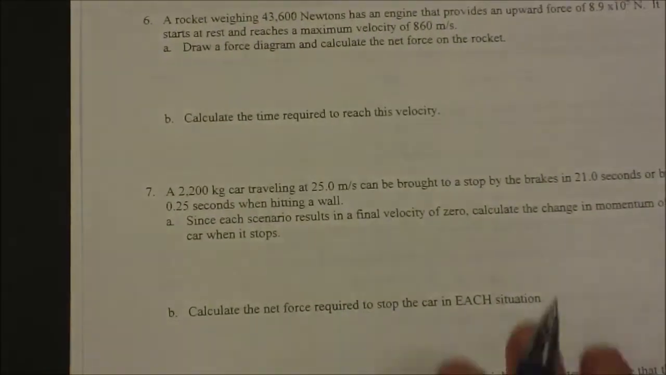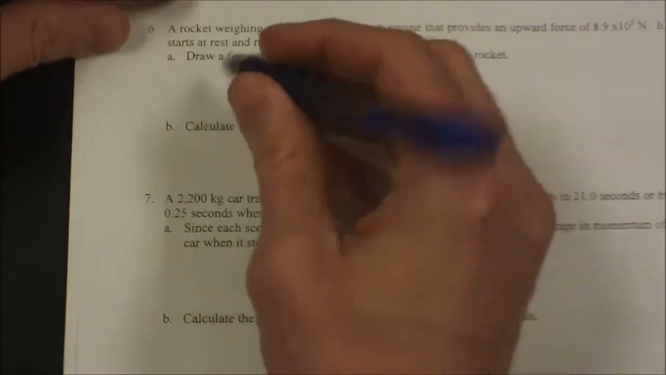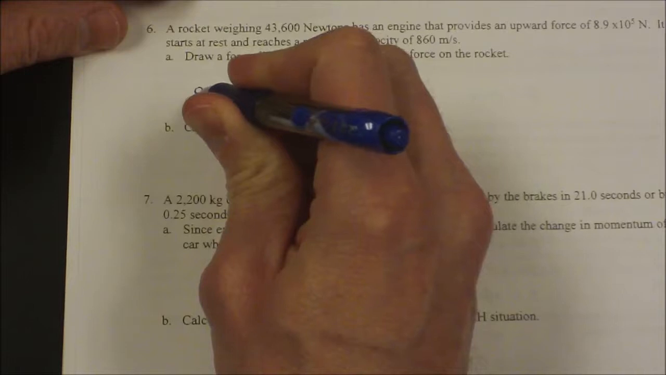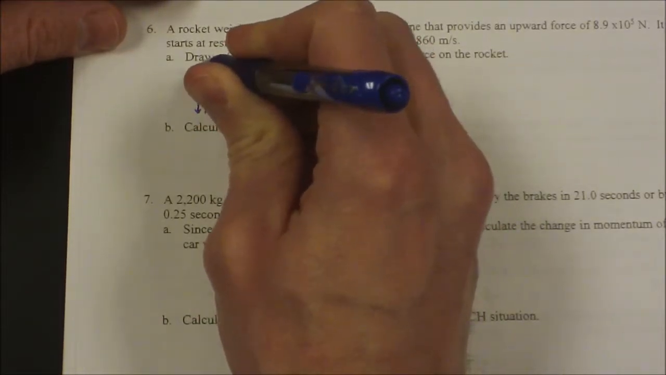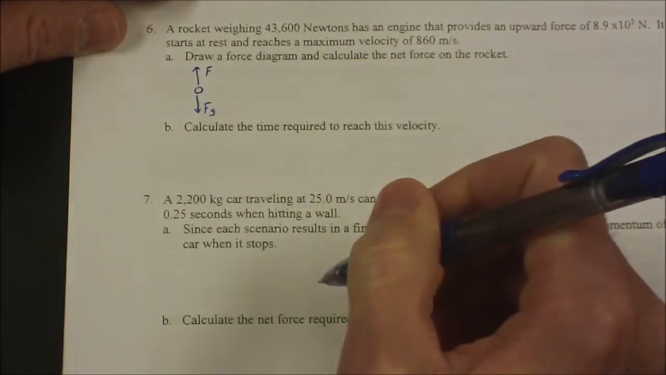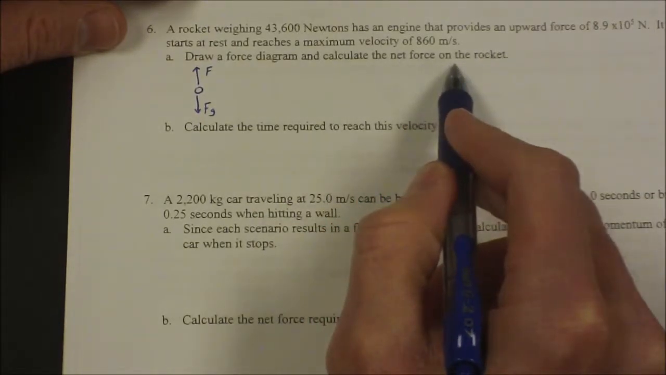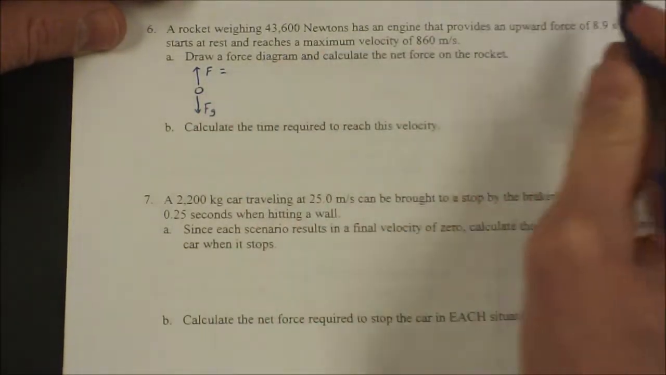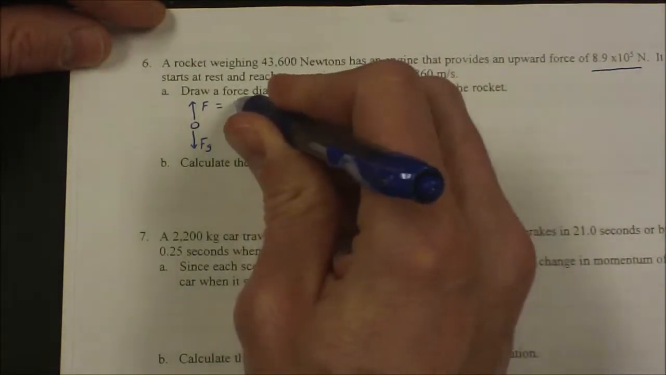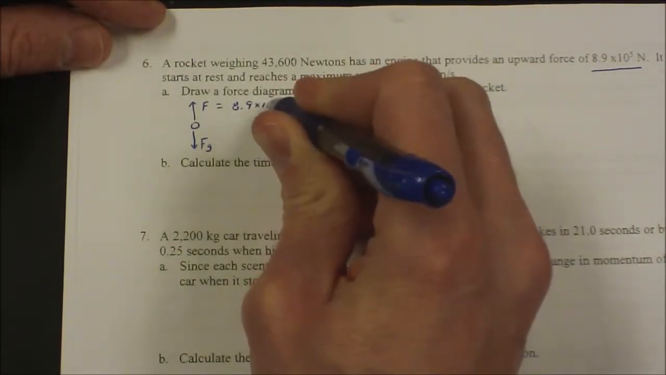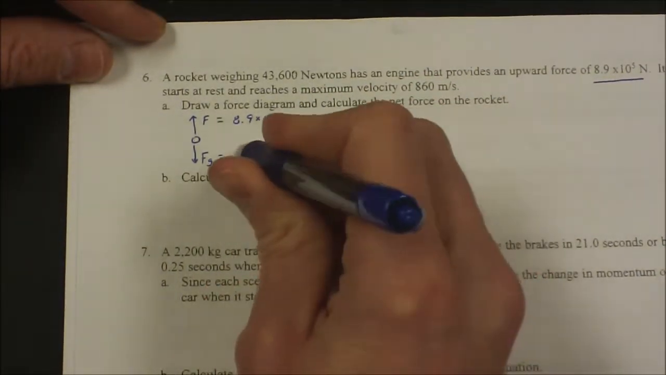Looking at the back of the same worksheet number 1, question number 6. Draw a force diagram. So I have a rocket. This rocket is going to have a downward force of gravity and an upward applied force that I'm going to call F. So calculate the net force on the rocket. This upward force is given to us as 8.9 times 10 to the 5th. My downward force is given to me as the weight,